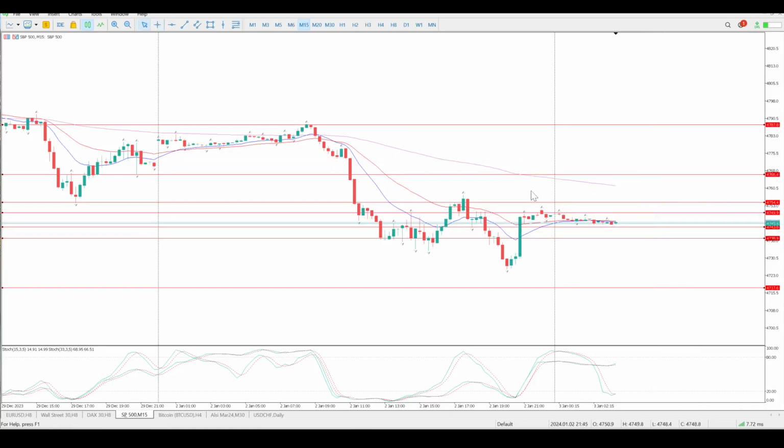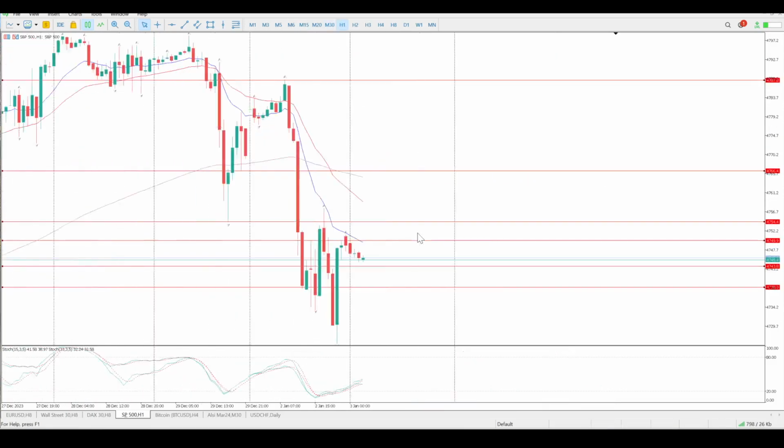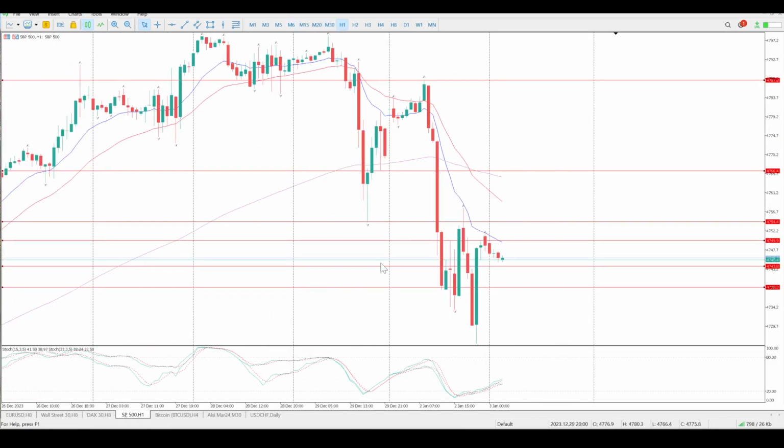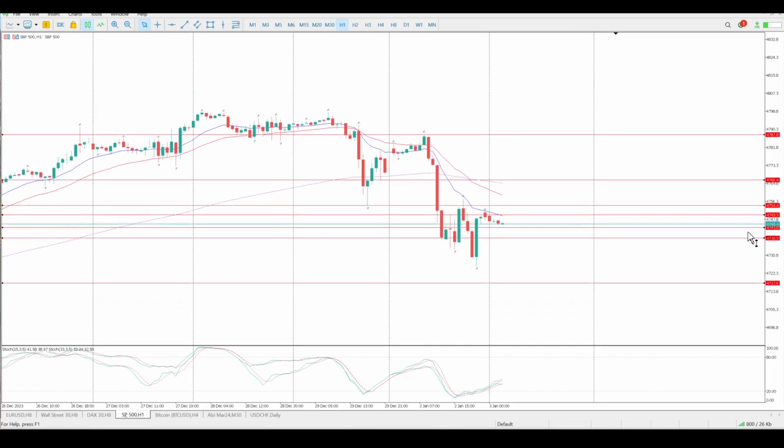So if it is going to continue to the downside, then you need to wait for some form of rejection. But if you just look at this on the hour, big move, move up, second move, and this is starting to look like a double bottom of sorts, although very volatile, very messy. And we also have divergences here on the hour, so a little bit skeptical of still chasing shorts, but I'm also skeptical of picking up any long.